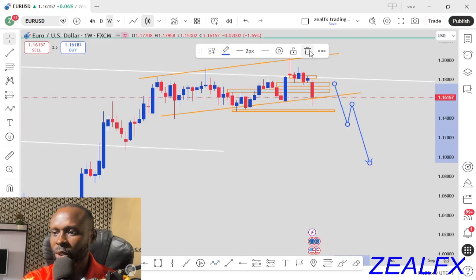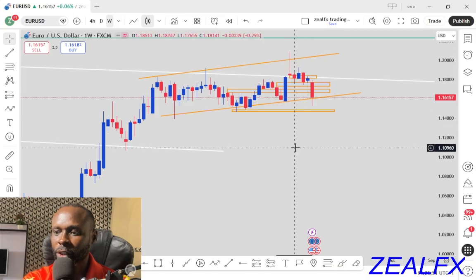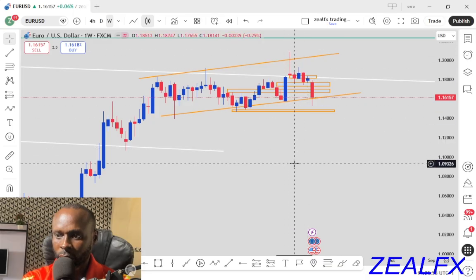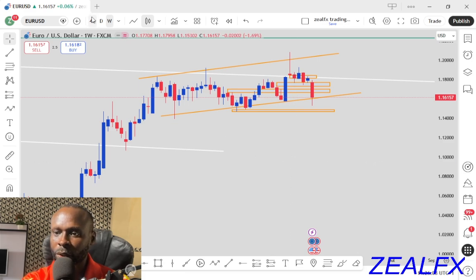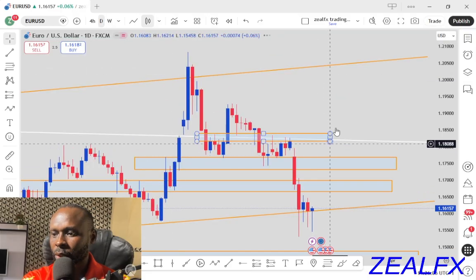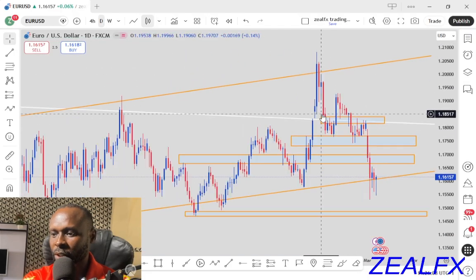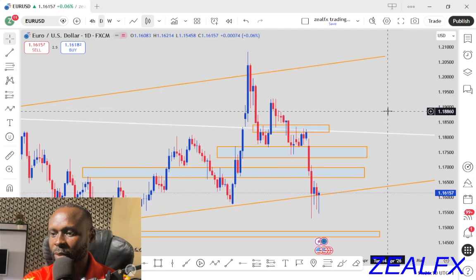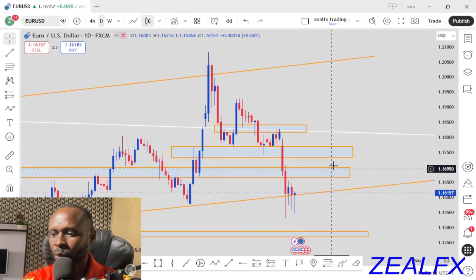So this week the daily chart is still pointing to a bearish trend, and the weekly also is still pointing more to a bearish trend on the Euro USD. So our job is to wait for price to retest those levels before we can start looking for our possible selling opportunity on the Euro USD. So look out for your selling opportunity on Euro USD this week from these major levels I just spotted. So let's look at our next pair,